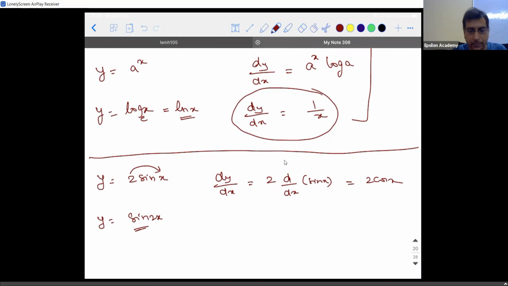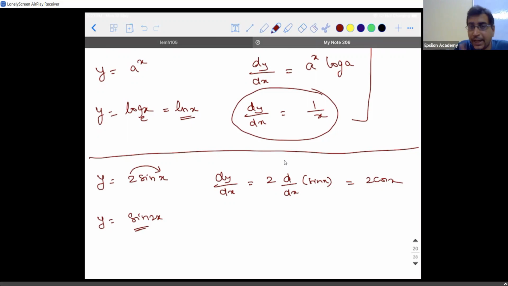Guys, are you able to understand what I'm asking? This is where you need to understand one important definition. So, 2 into sin x. 2 is a constant function. 2 is also a function. Have that in your mind. Constant function multiplied with a trigonometric function. Are you guys with me? So 2 sin x means the product of two functions, one is constant and the other is trigonometric. And the answer I got is 2 cos x, which is another function.